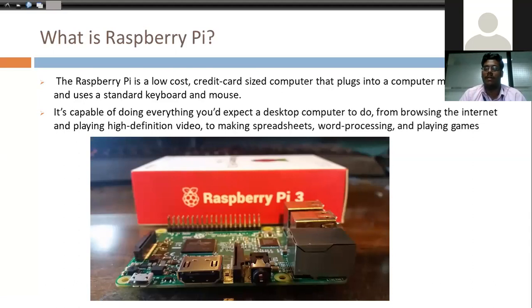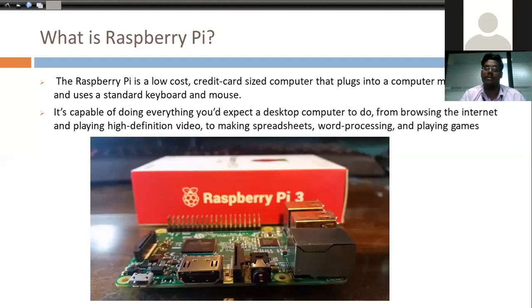You can connect the monitor, mouse, and keyboard, and use it as a separate computer. You can do what you can do on laptops and desktops, like playing games, watching videos, spreadsheets, word processing, coding, and storing. It is one of the best controllers compared to others because it has many features by default, like